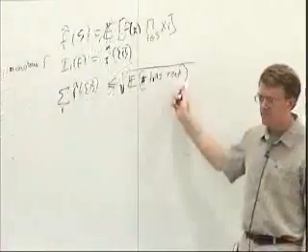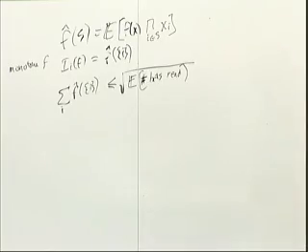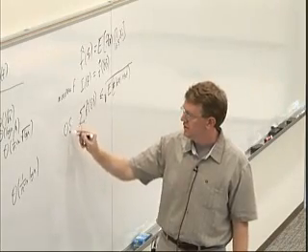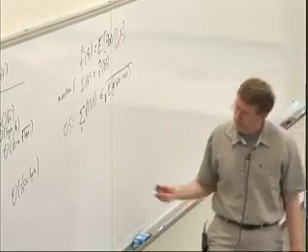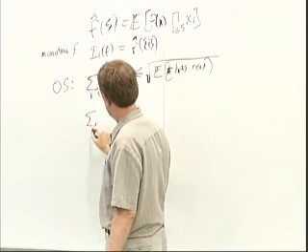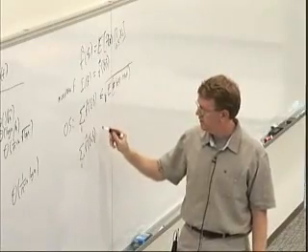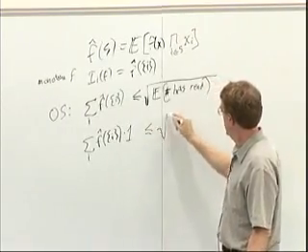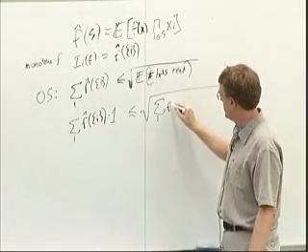This is for any function f. Basically the way the proof works is that this sum can be expressed as an inner product, and so this is by Cauchy-Schwarz, and most